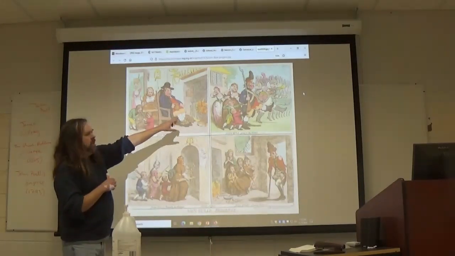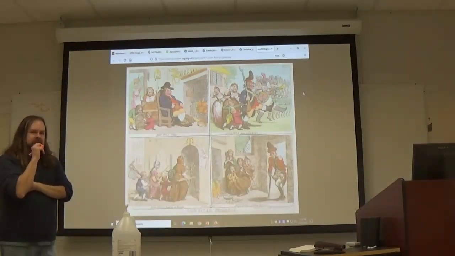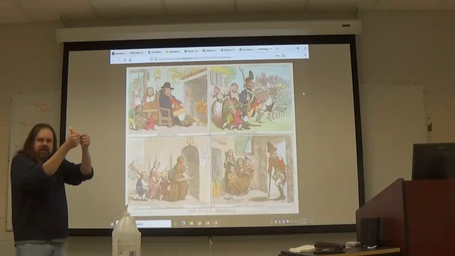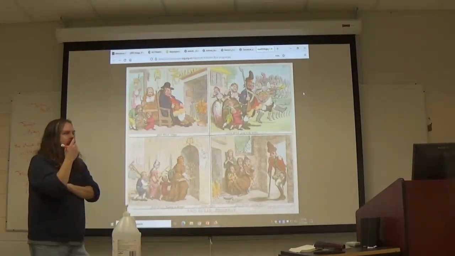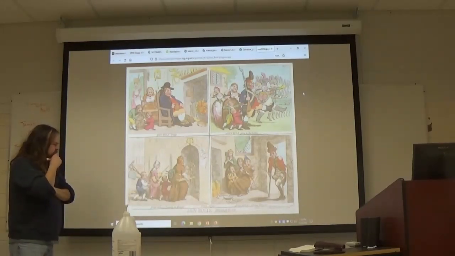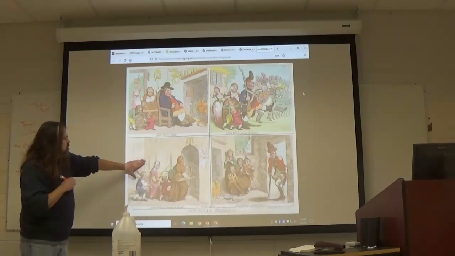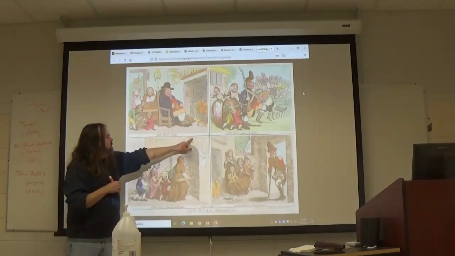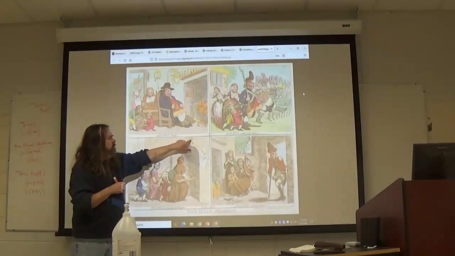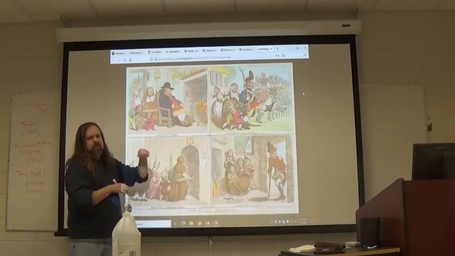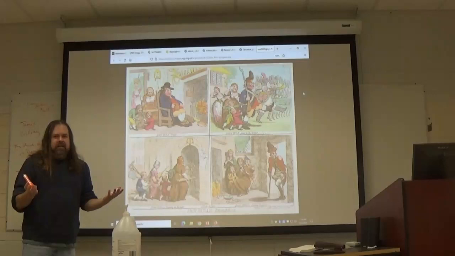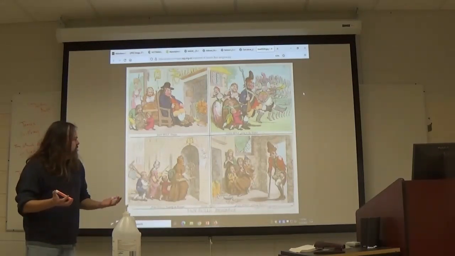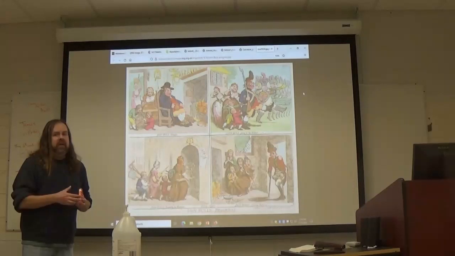What do we notice about his family? How are they reacting? They don't want him to go. Yeah, the kids are pulling on his coat, right? No daddy, stay, right? The daughter is looking away. His wife is crying. And here we have John Bull's property in danger. So this little line with the three pendulums hanging off of it indicates the pawnbroker. Okay, so they're going to sell all their stuff. Yeah. Now that the family breadwinner is gone, the family's in poverty, right? They've got to put everything in hock.